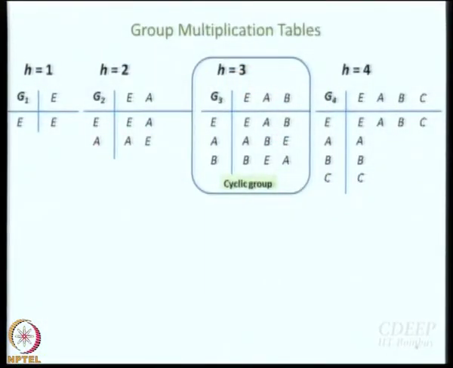Now, I think we had stopped here yesterday, order h equal to 4. Let us now do a little bit of Sudoku and work out the group multiplication table of h equal to 4. For your benefit, I have written the first row and the first column. So, the pillars are there, you need to do the brickwork. How do you do the brickwork?